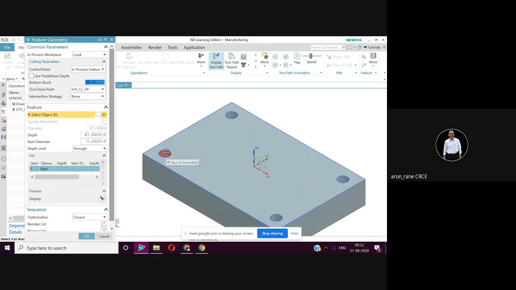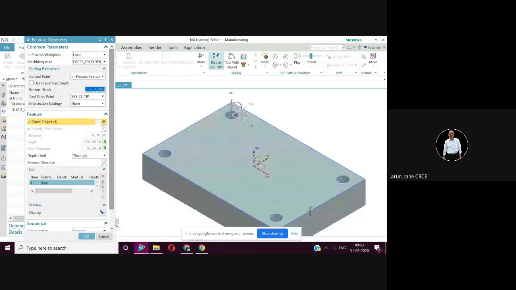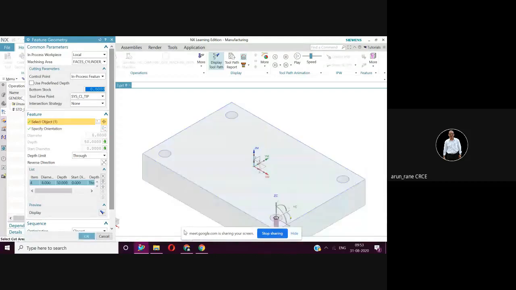Let me zoom. Once you select this, now see, one hole is selected, so this has appeared. Then second, third, and fourth. Okay, so four holes have been selected.